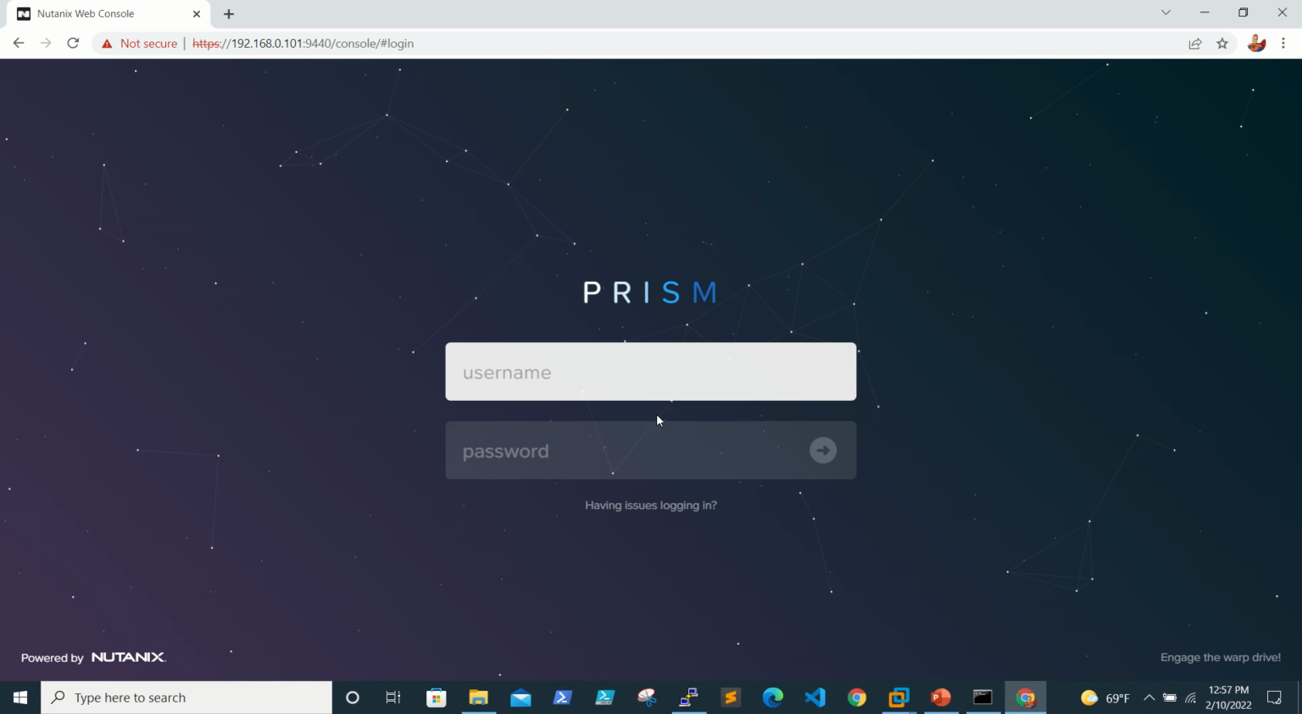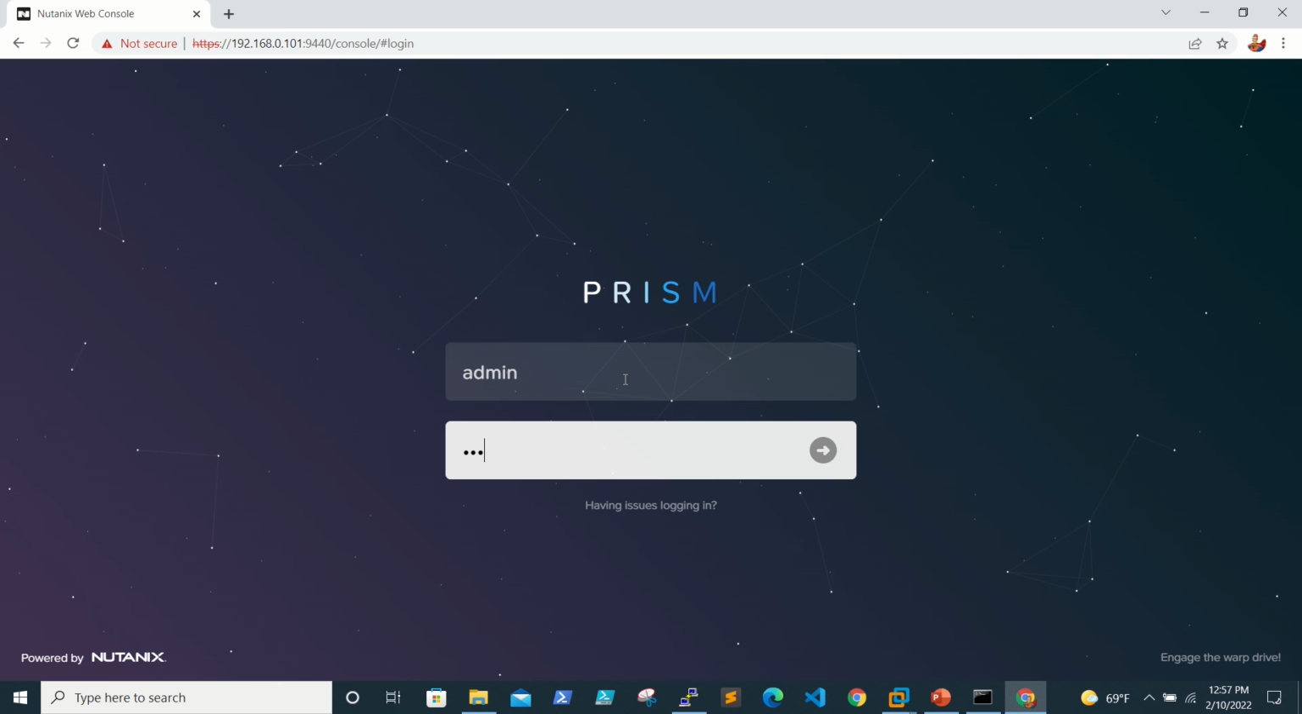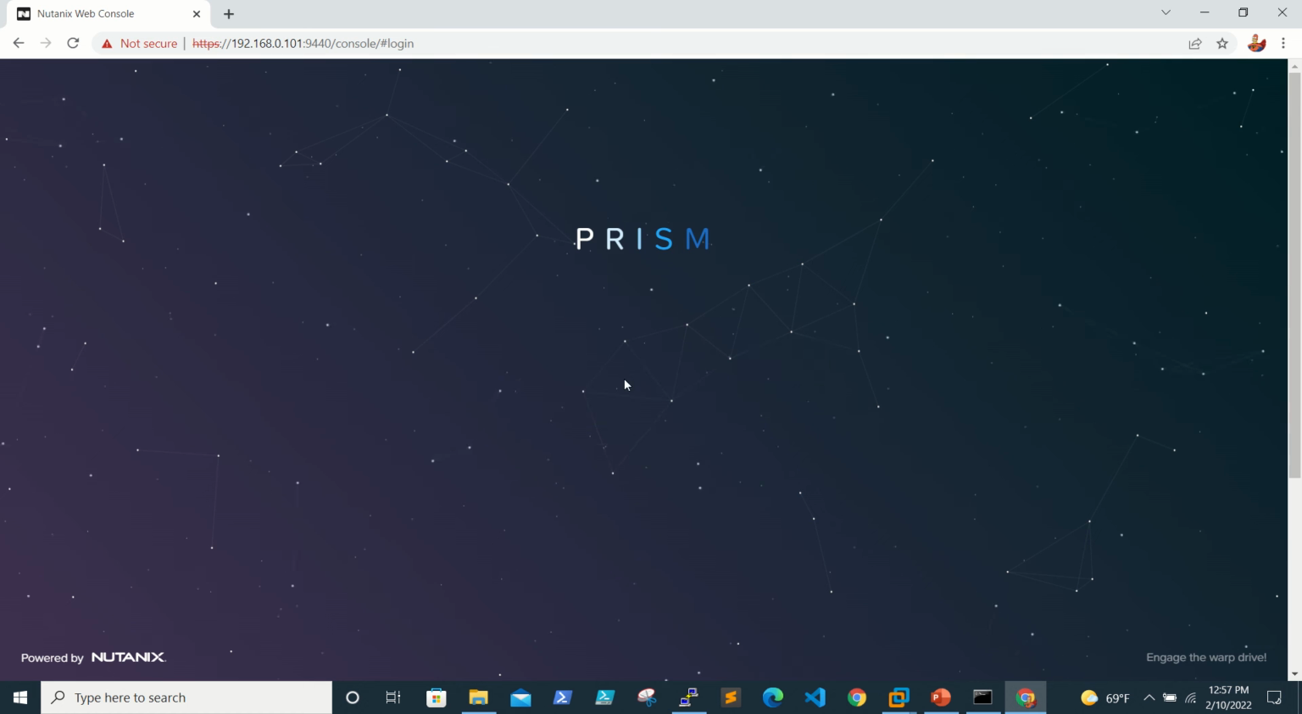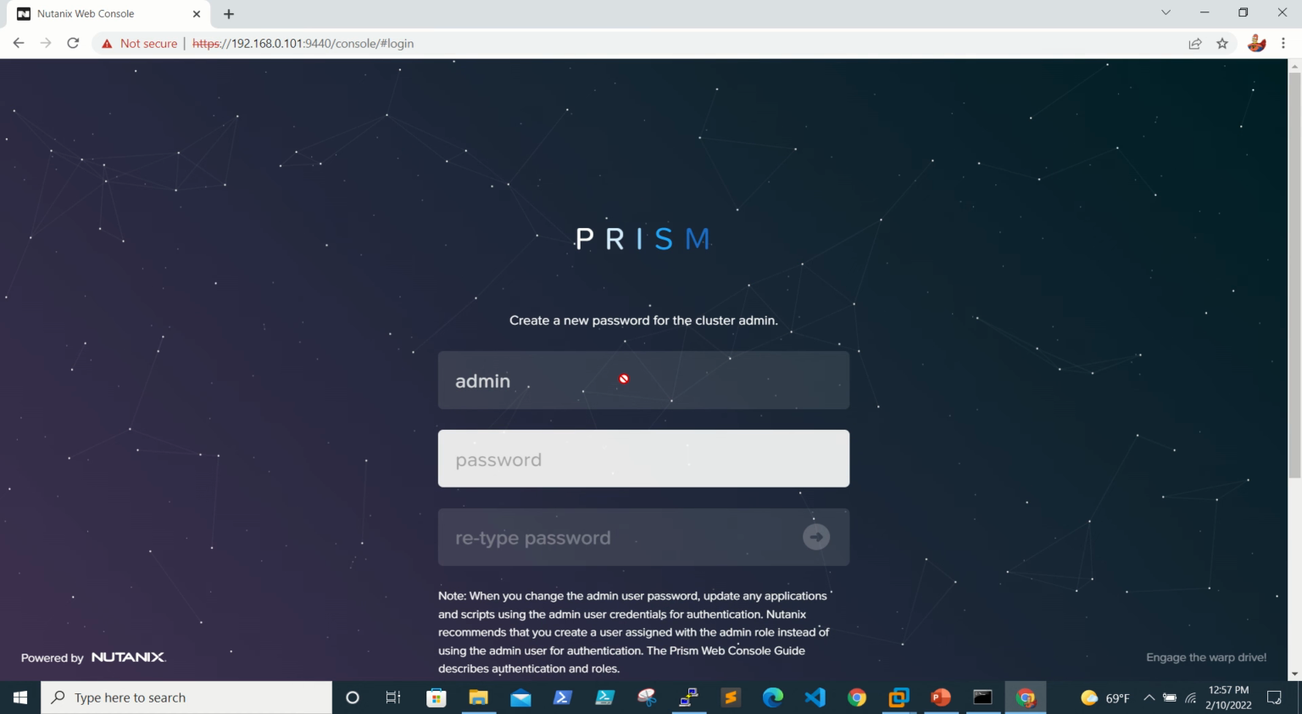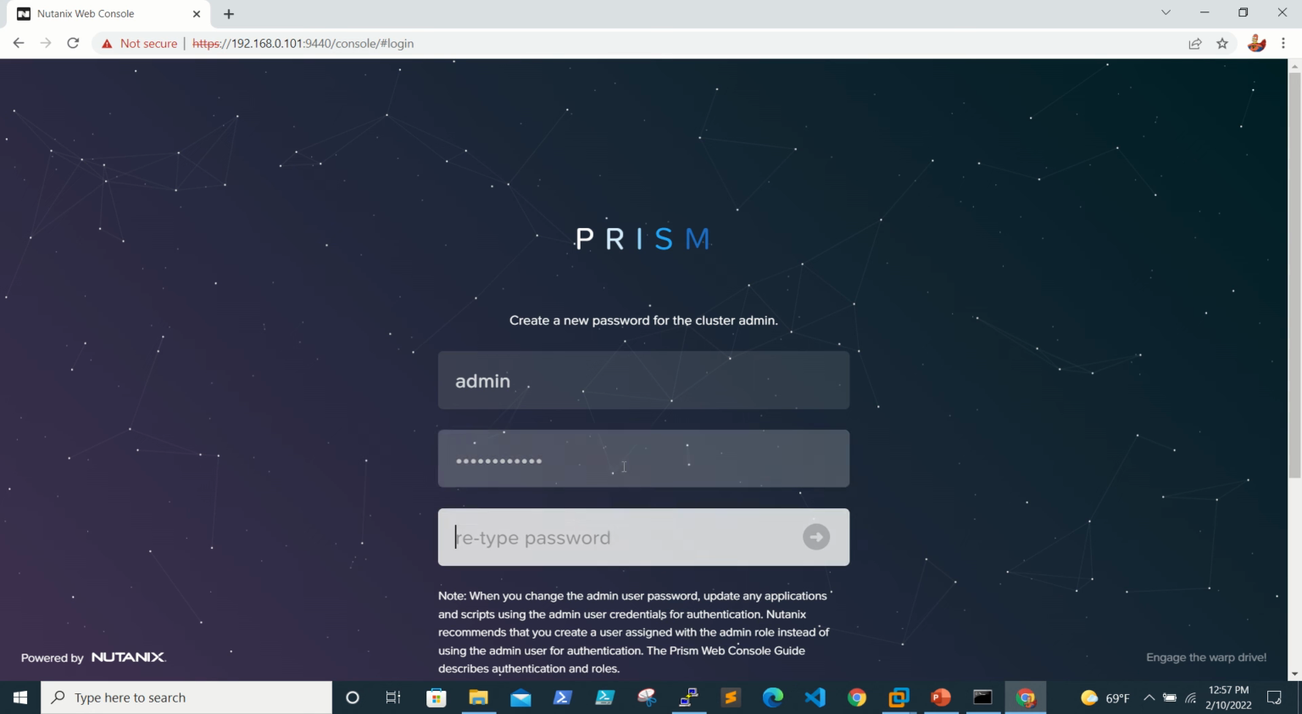So if you see here, it's asking for a username and password. You will use the default username and password, that is nutanix. And once you do that, it will ask you to change the password. So you need to change the password. Once you change the password,